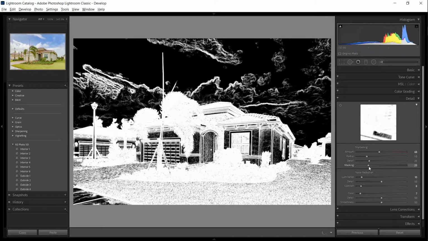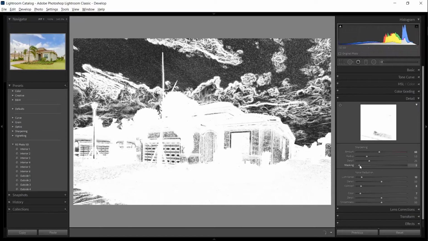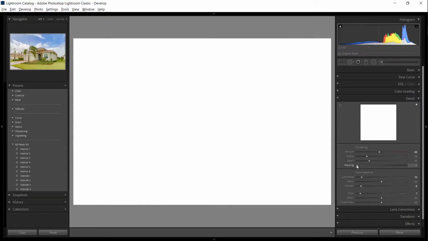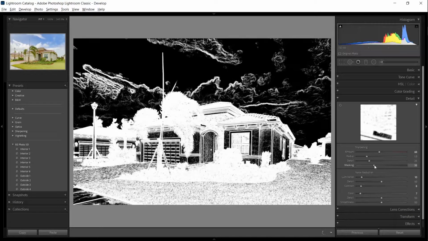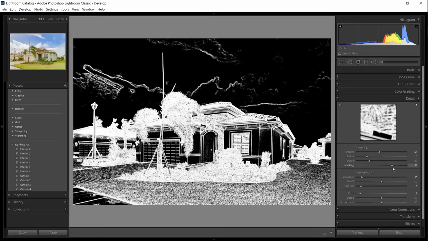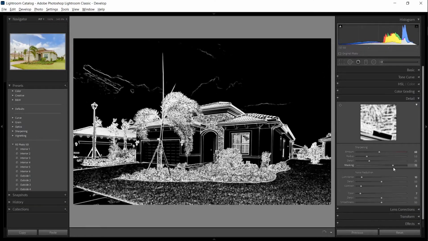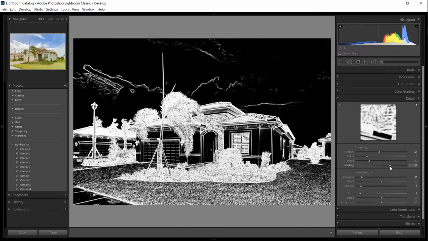As we go further, we're just going to sharpen every little tiny bit of detail that Lightroom can find, each individual blade of grass, eventually to the point where every single pixel is being sharpened. We want to find a nice blend of medium and large details to sharpen so that we have a contrast between areas of the photo that are being sharpened and areas of the photo that are not being sharpened. If we were to go too far to the right, then only the boldest of details would be sharpened, such as the roof line of the house, the sides of the house where the sidewalk meets the grass, and we're going to be missing out on some detail that we actually do want. So we're going to want to be somewhere between maybe 60 and 70. So we're not sharpening the finest of details, it's sort of a nice mix of medium and large details that